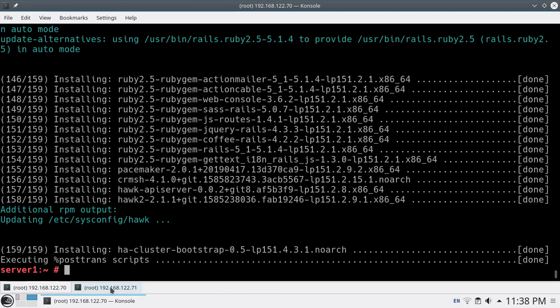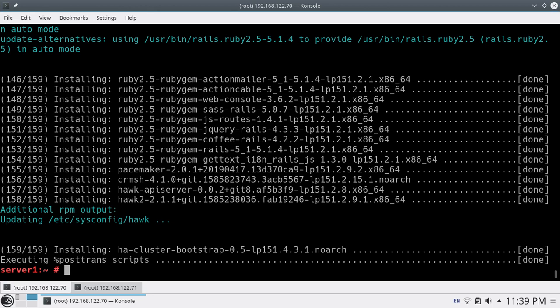You can see that package installation is completed on both the nodes. So here one thing you need to remember, if you are using SUSE to deploy your pacemaker cluster, please don't go ahead with SUSE 12 SP3 or SP4 or SUSE 15 SP1 alone. Go for the High Availability Extension. If you don't have a proper license for the cluster, you will not be able to add the required repositories and install the packages. So either have the High Availability Extension added or you go for SUSE for SAP, which has these pacemaker related packages available.